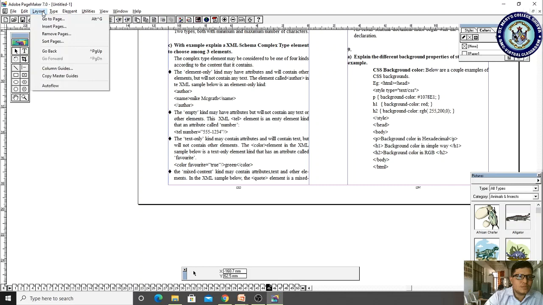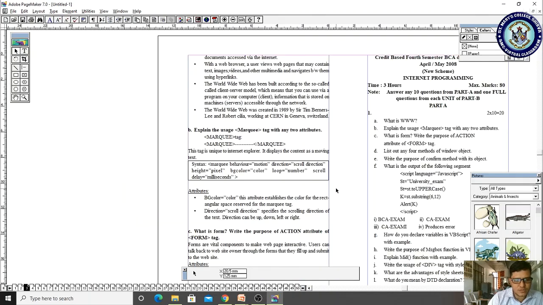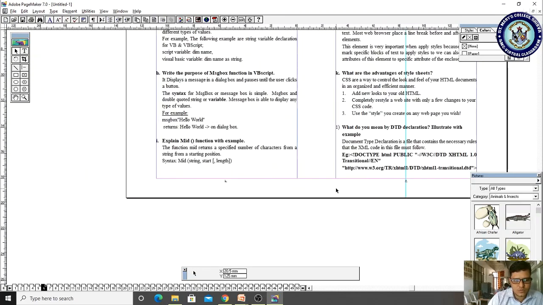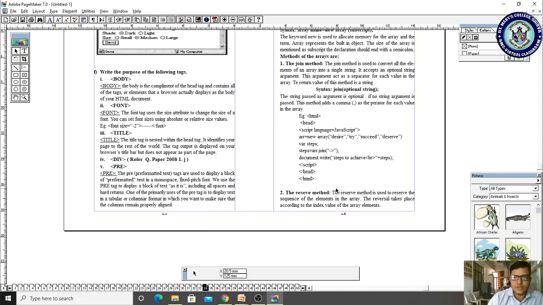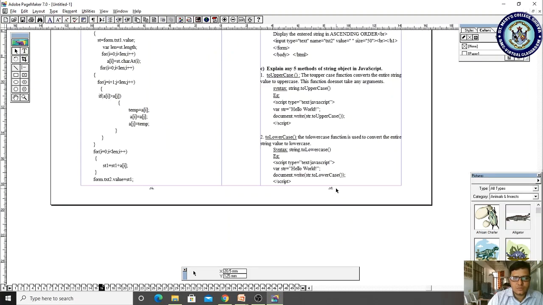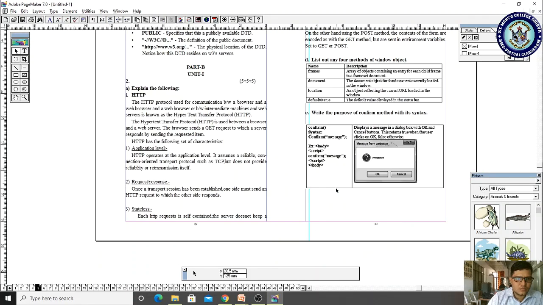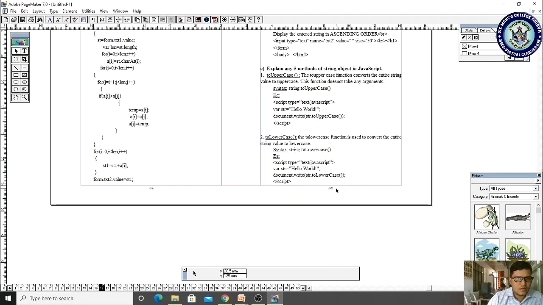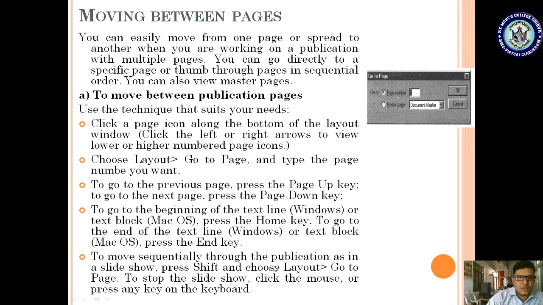So in the same sense, if you want to go back, page up is used. If you use the page up, it will go to the back page. If I give page down, it will move to the next page. Page down, page down, page down. So likewise we are able to navigate. Okay, so that is our concept, and it is possible.